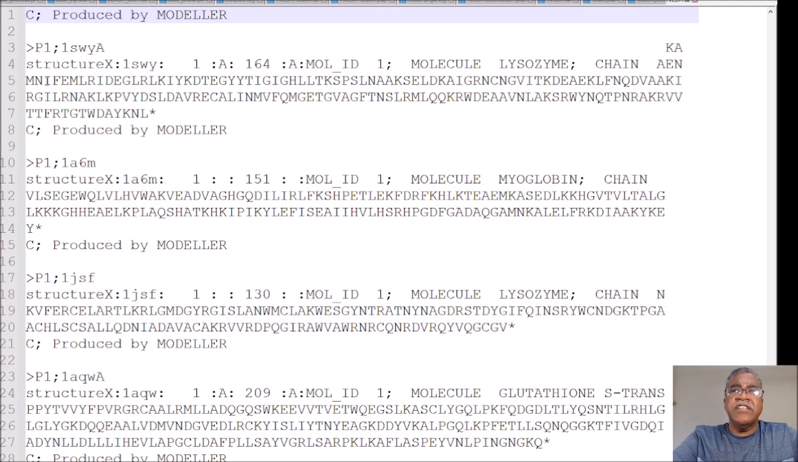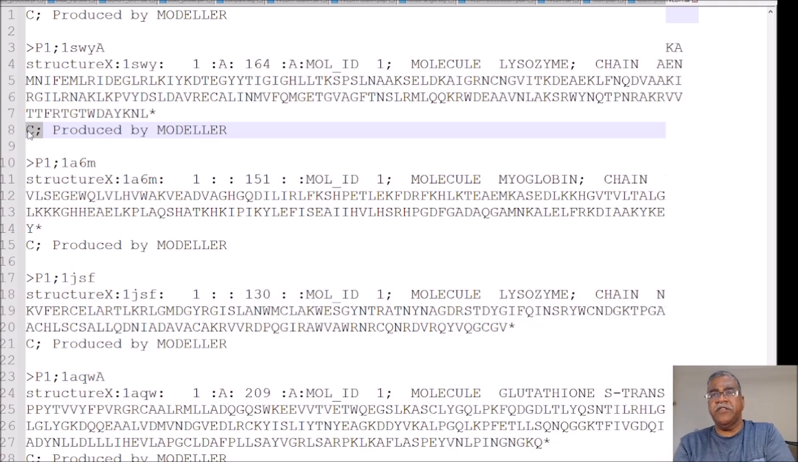So notice it's written in that same ALI format. It's the ALI format, right? Now the C here means it's a comment. Okay, in the ALI formatted file, a C semicolon is a comment, and you'll see there are many